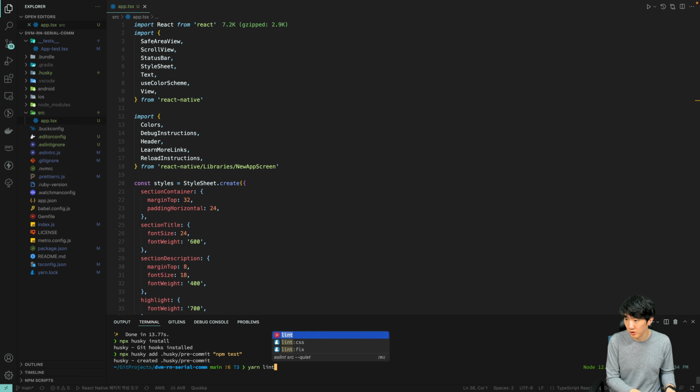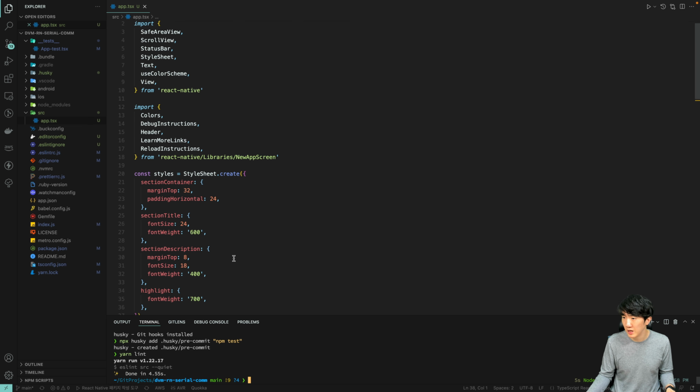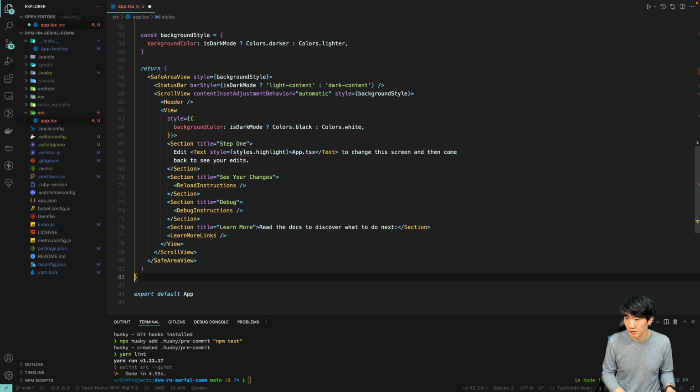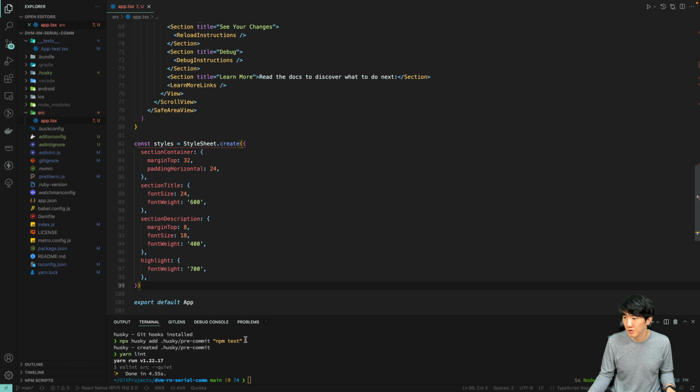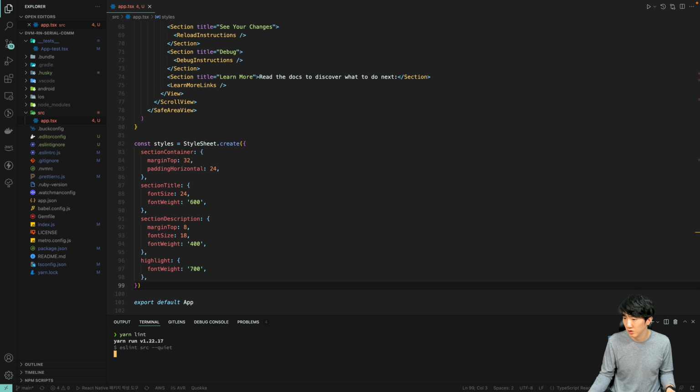As you can clearly see, there are absolutely no errors when I type the command yarn lint. However, if there happens to be any problem with my code, if you commit in a state like this, where errors are indicated in red and you are unaware of the errors,